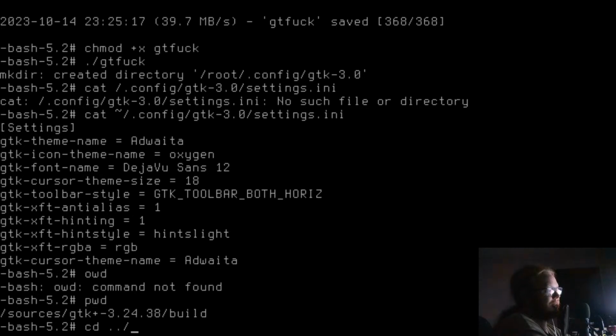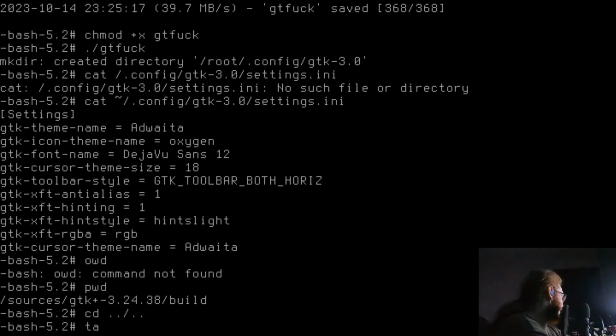Okay, leave the directory. Oh no, wget https://xcb.freedesktop.org/dist/xcb-util-0.4.1.tar.xz. I'm having a headache because I'm breathing too hard.